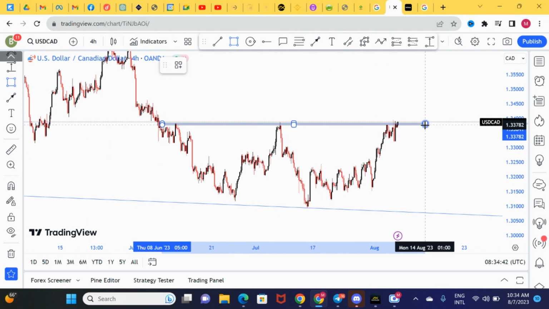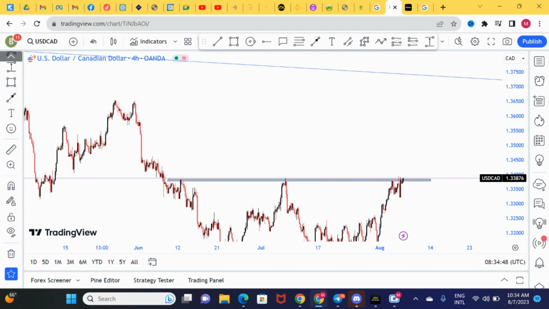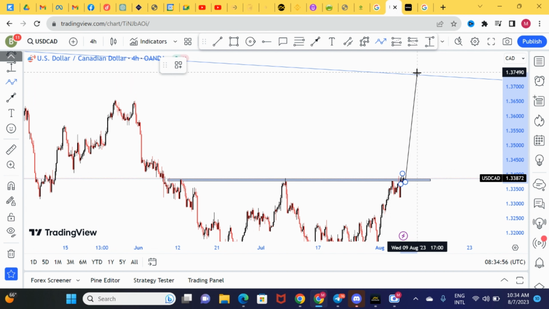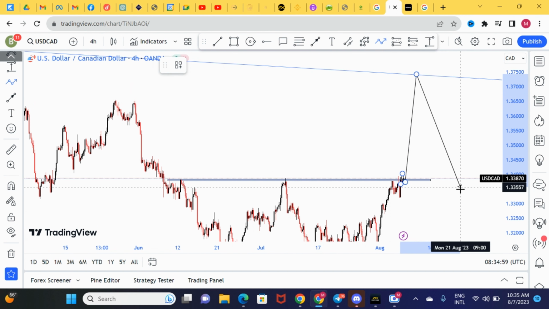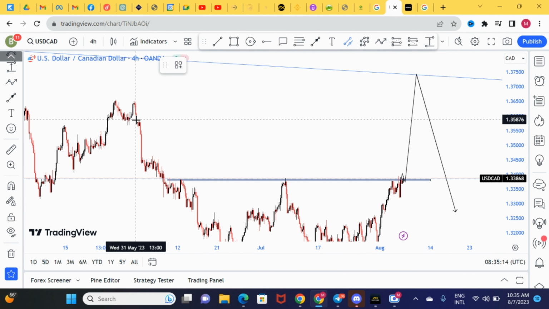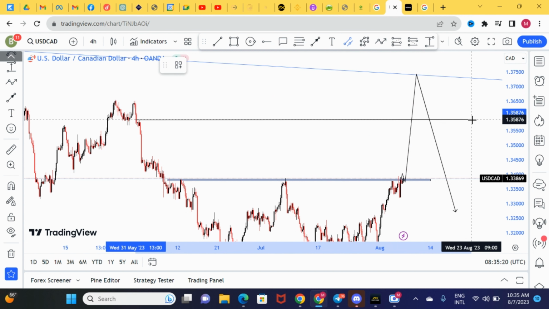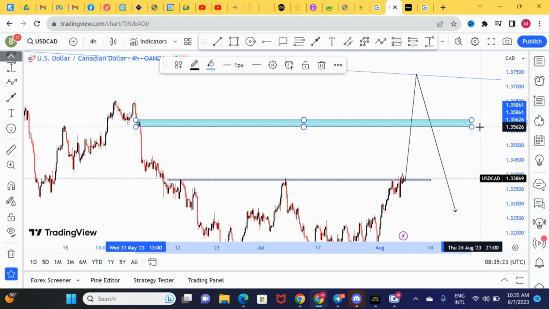This area is going to be broken, this area is going to be broken, and then the market should continue going up. Once it breaks, the market should shoot, retest, and then shoot to go up. It can come to this level, and then I'll be looking at taking a sell at that point. Now, this won't happen today, but I'll be looking to take a buy. If I take a buy there after the breakout, I would put my first take profit here. We have a base over there, so you can put the first take profit there.